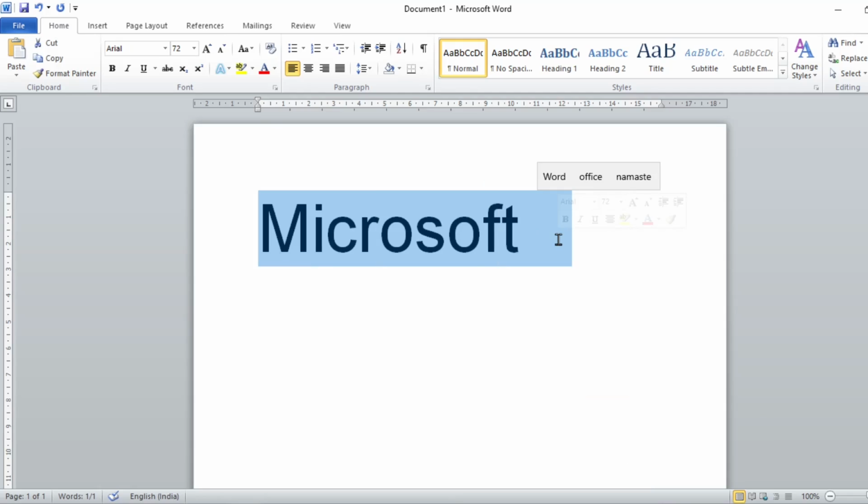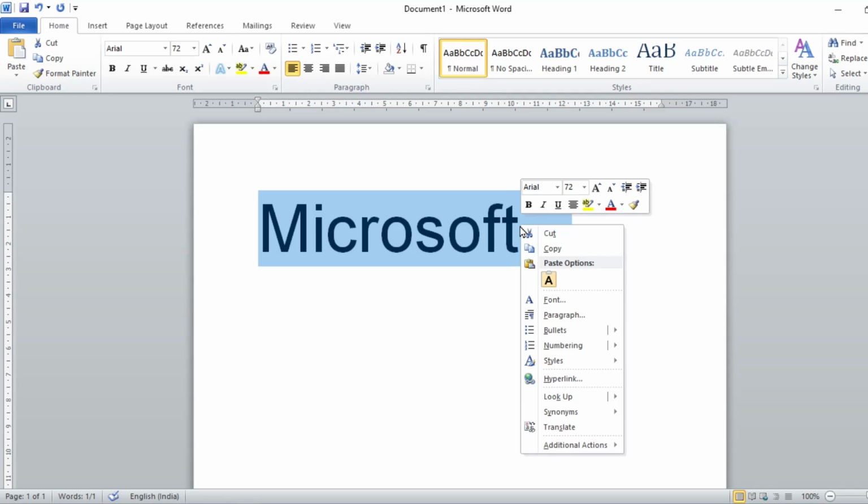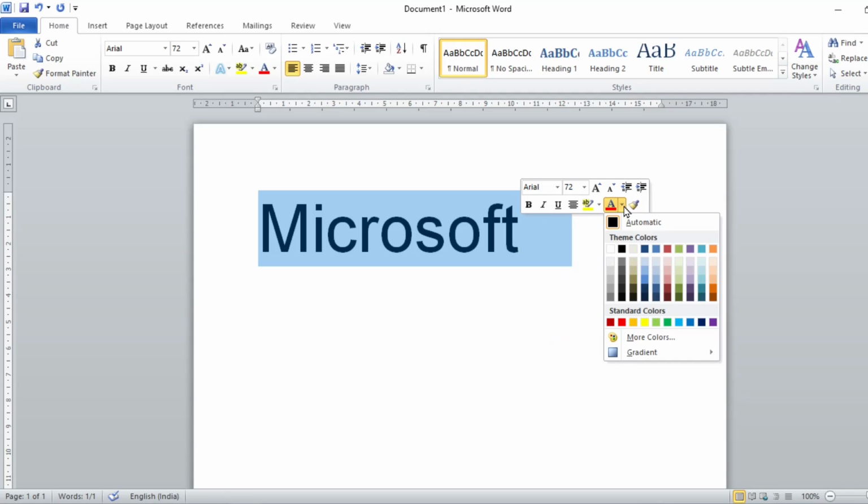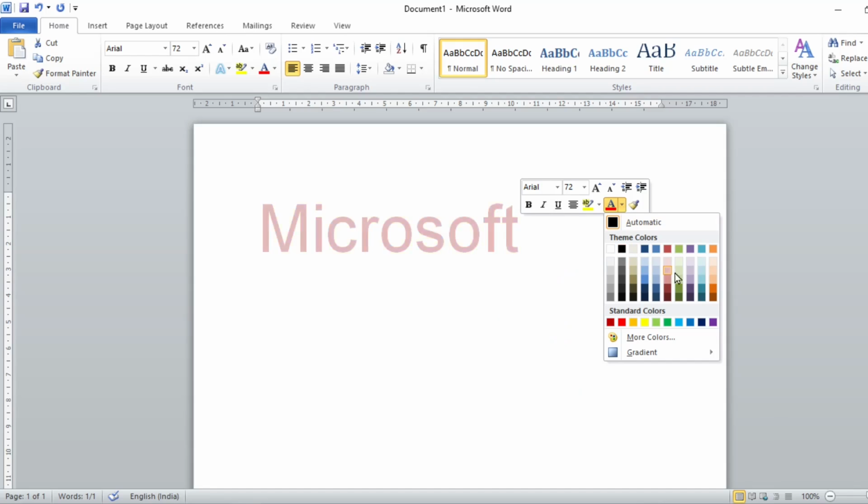So this is how you change the font. And if you want to change the font color, just right click over here, and you can check one box over, and you can just select which color you want from here. You can select whatever color you want.